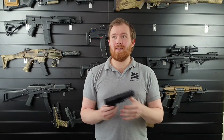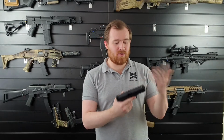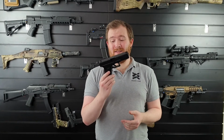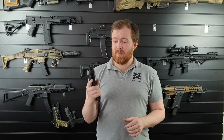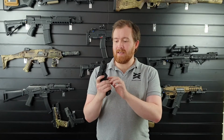We've looked at other pistols like the Army series, which are budget line pistols. They do a fully polymer pistol for like $49.99. But honestly, this is the best budget line pistol I've come across, and I'm going to tell you why. The fit and finish of this pistol, I mean, you get a little bit of shake and wobble, which I believe